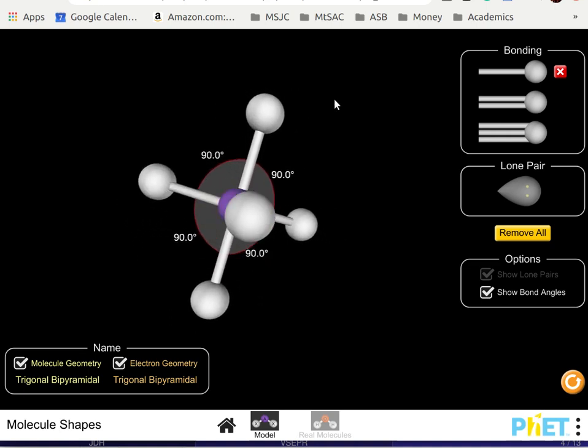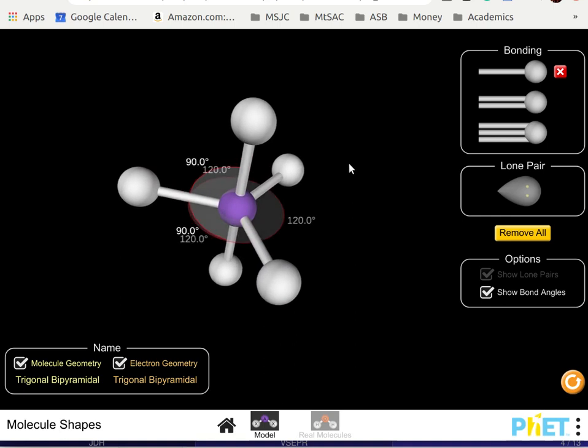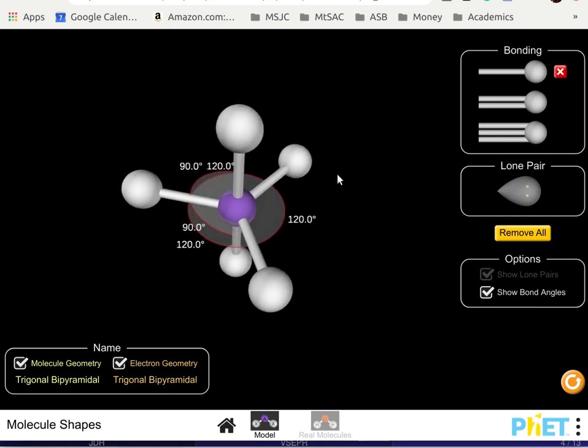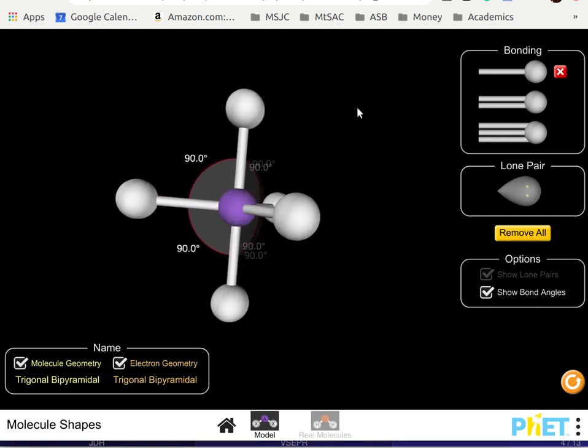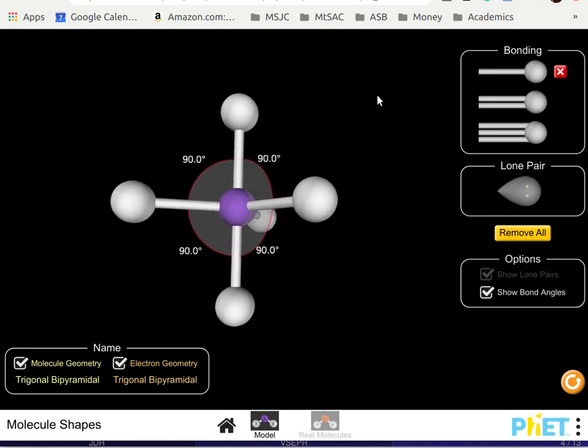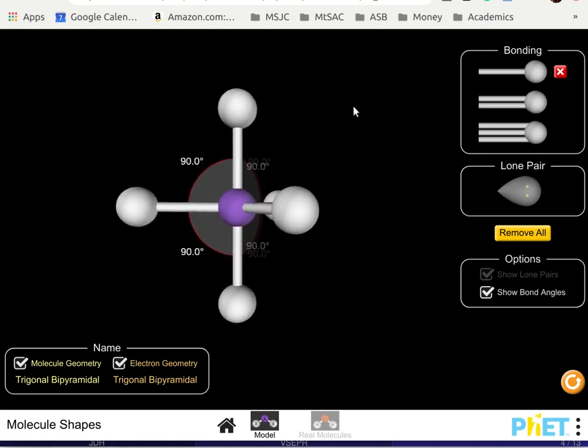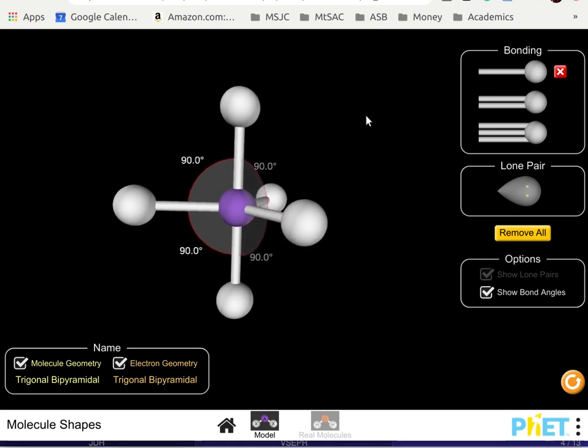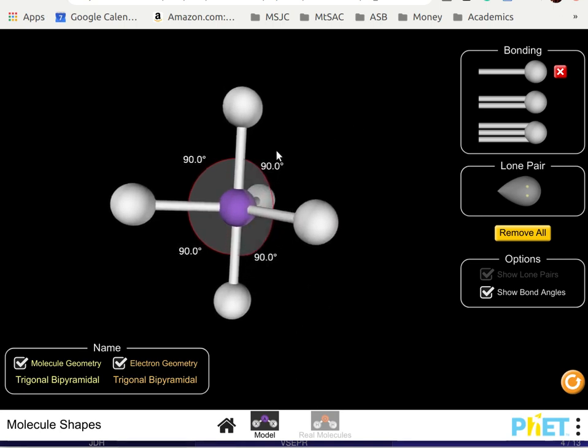And there's some very important characteristics here that are different from what we've seen previously. The first thing I want to show you is that if we orient things, this almost looks like a jack, or something that you play jacks with. You have this linear group going right up and down the center. We're going to call this the axial group. You effectively see a 90-degree separation, a 90-degree bond angle between these axial groups that I'm highlighting here with the mouse,